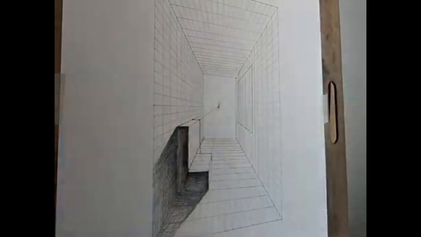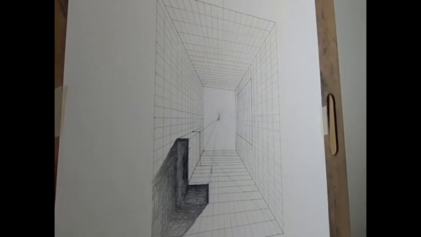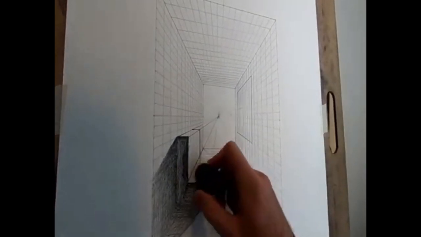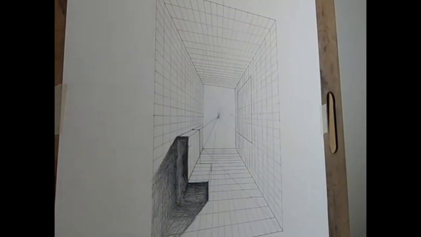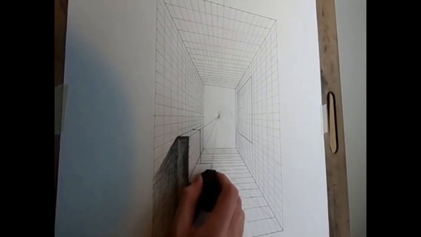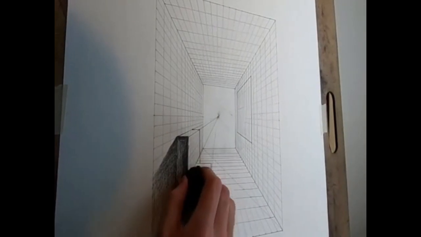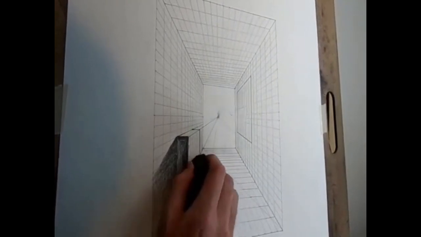So I went back in and erased out some of those reflected tones, and then I worked back into the tensioned edge idea. So now the edge of that shadow family all the way up and then all the way over is really nice and sharp and dark. And that's, again, that tensioned edge phenomena on display there. So you need to make sure you do that, especially with all of your sort of rectangular cuboid-esque type shapes